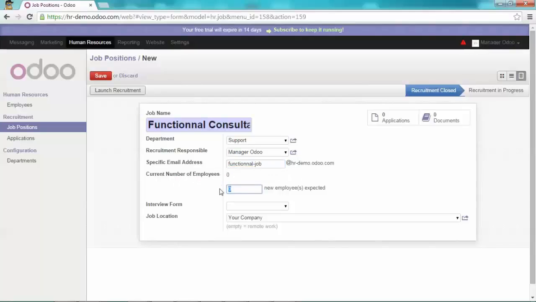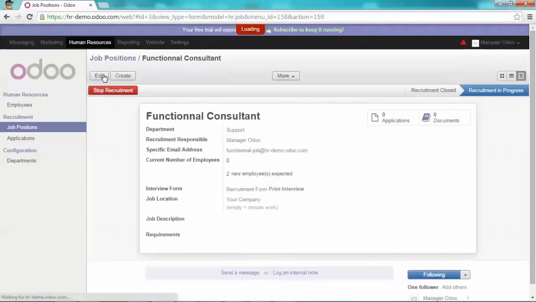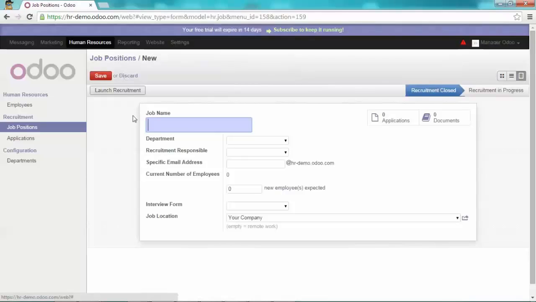We will set 2 expected new employees to be hired. Select the default recruitment form, and we are ready to launch this job position for recruitment. This will change the status of the job position, and you can now add a job description or some requirements. Save it, and let's create now the second job position that we will call technical